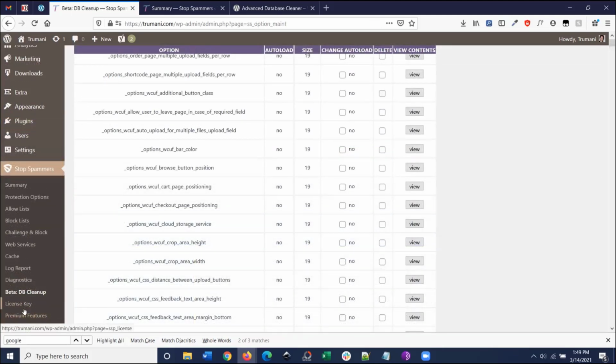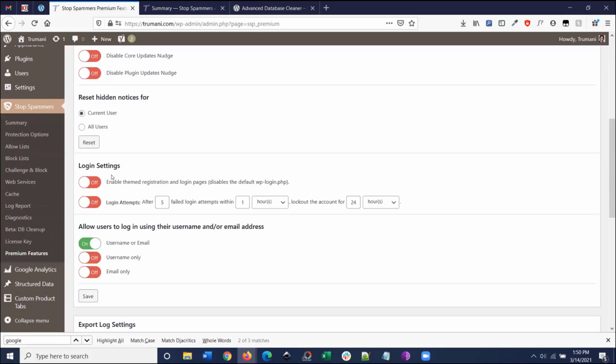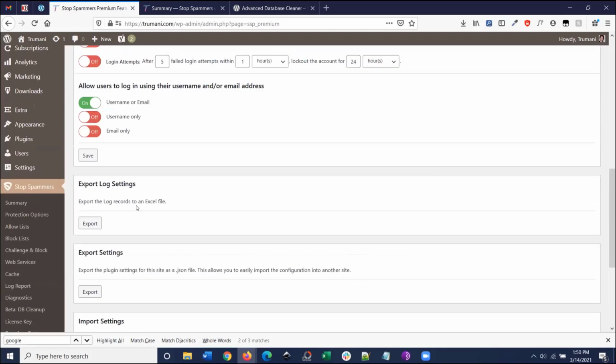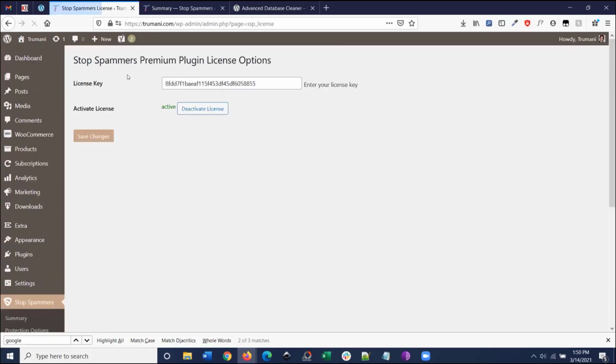And then license key and premium features. The premium features is just going to show the different settings that are available within premium if it's enabled. The license key will also, oops, I probably should have